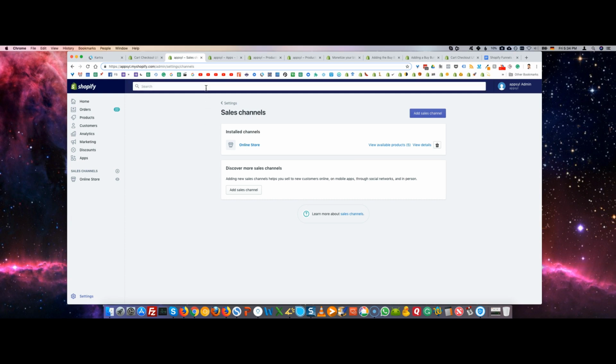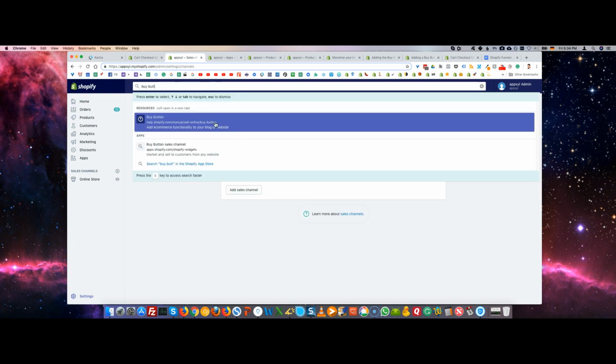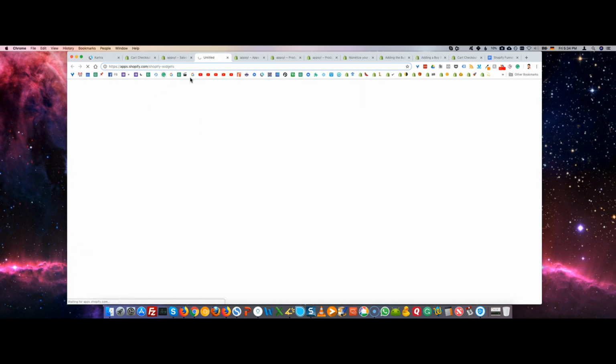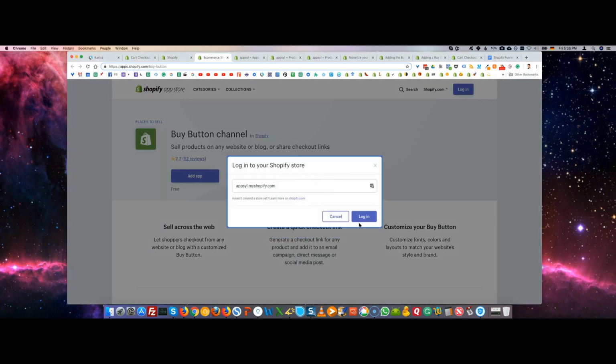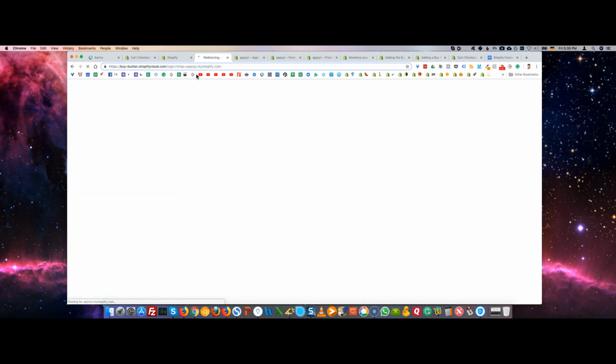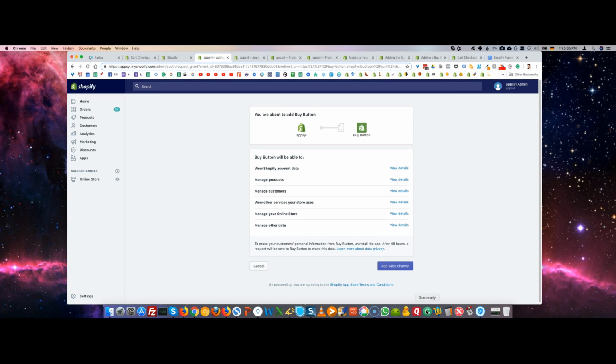Now, what I would suggest is you just use the search field here and you type in buy button, and you can see here it shows you how you can add the buy button to your Shopify store. Basically, you have to add the buy button app to your Shopify store. Let's do that here with add app. It asks us which store, log in, and then that additional sales channel is being added to our store. This is a one-time thing. You just have to activate it, and once that is done, then you can use the buy button as an